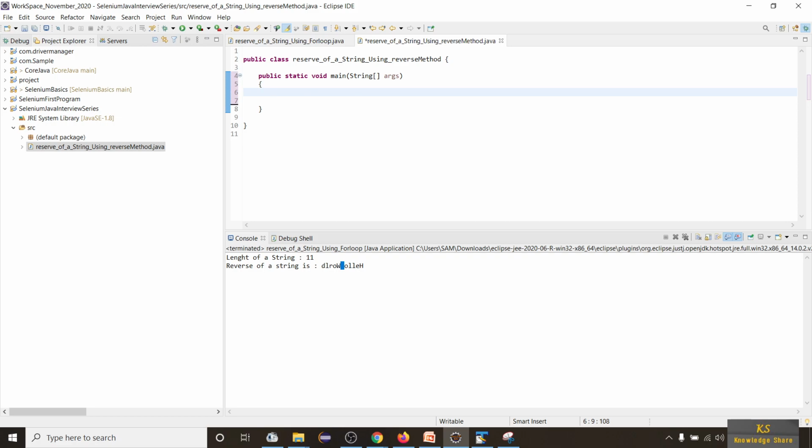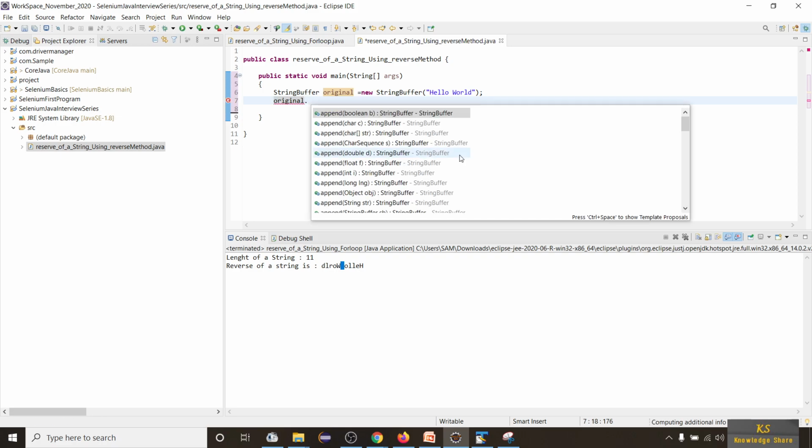There is a class called StringBuffer. StringBuffer, I'll call it as original is equal to new StringBuffer of, I'll call it as hello world. Okay, now simply use this original and click on dot.